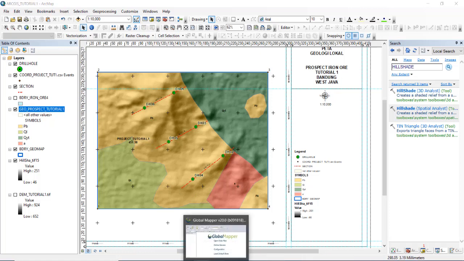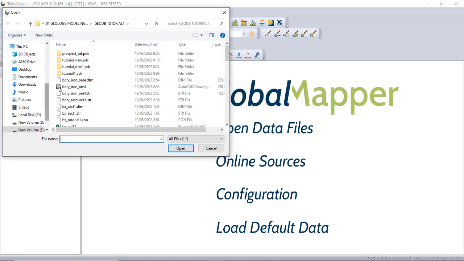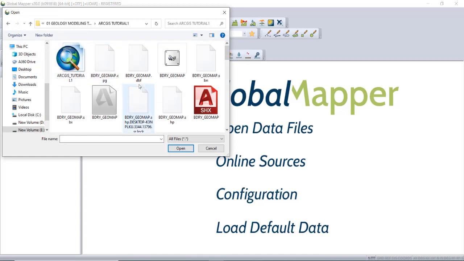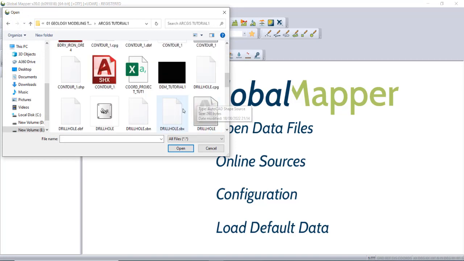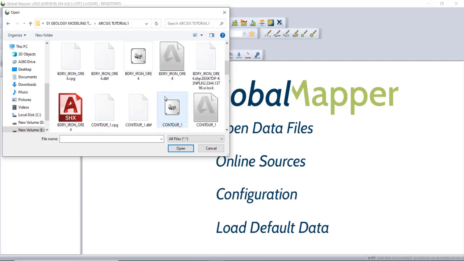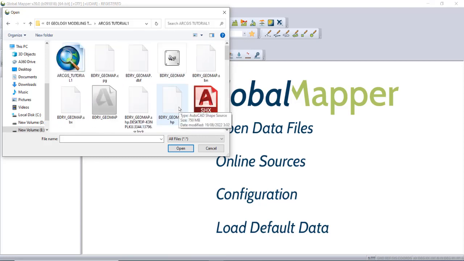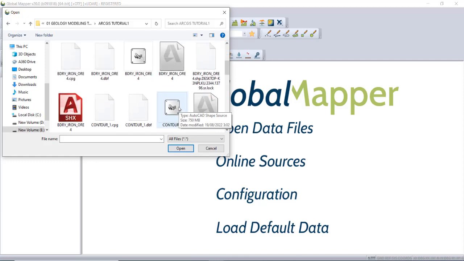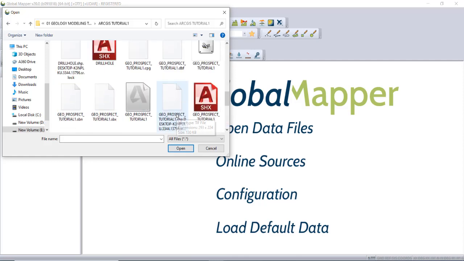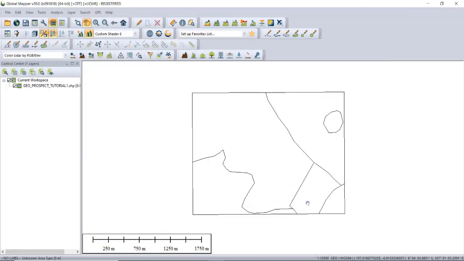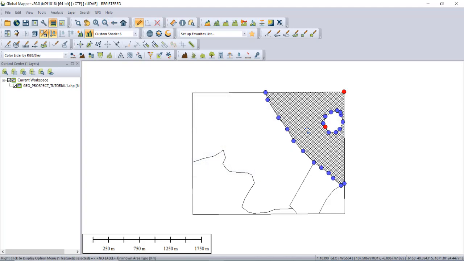Go to Global Mapper, open data file in ArcGIS, open Geo Prospect Tutorial 1, okay, geology. In this area we only extract this boundary, not over here or another. We must start here, select and delete.